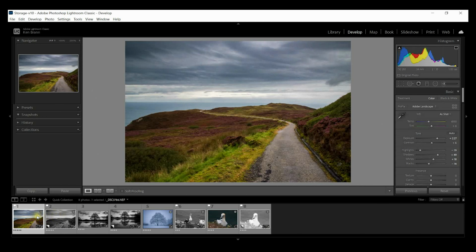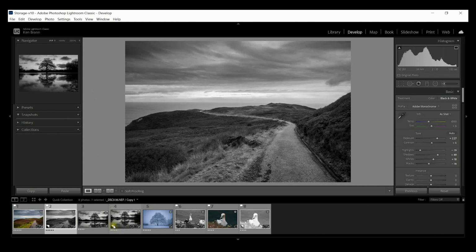Our original is DSC 3786 NEF, you can see down here, but the virtual one is actually a copy, and it just shows up as another copy. Down here in the bottom left-hand corner of your thumbnail image, there's this little triangle, and you can see there's one in this picture as well, and in this picture as well.